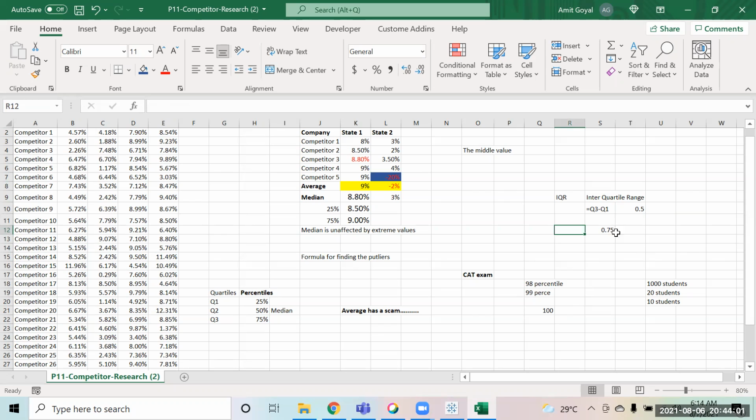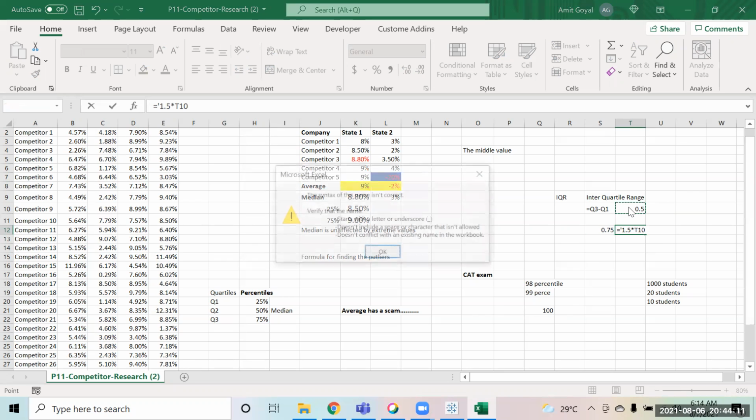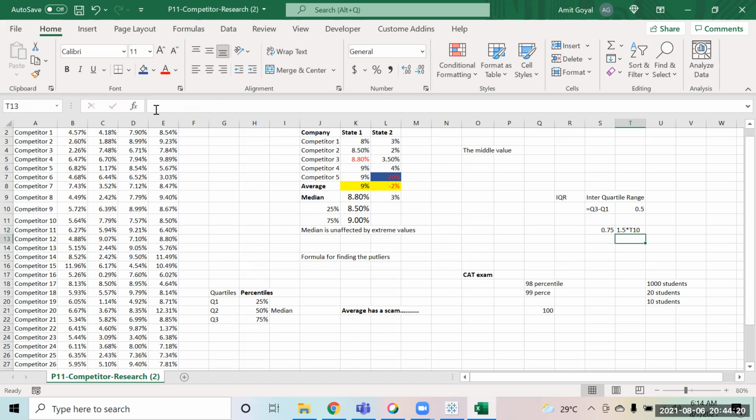This is 1.5, I'll write it down over here, multiplied by this number. This is basically the value which we have calculated.